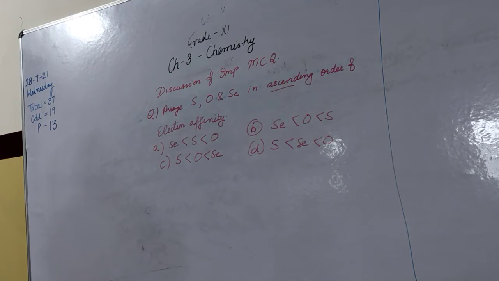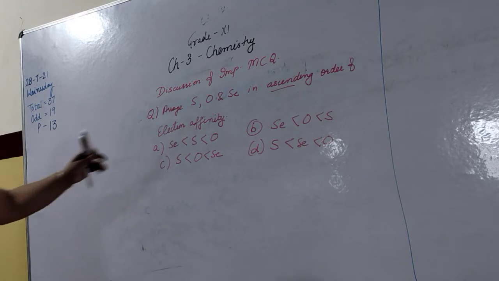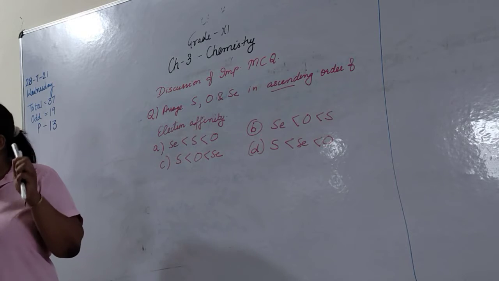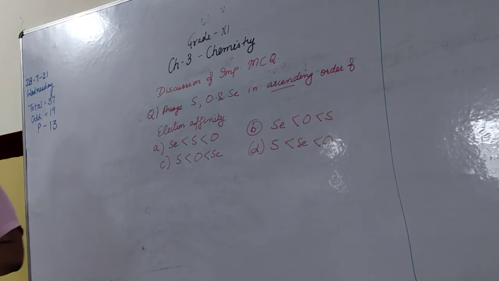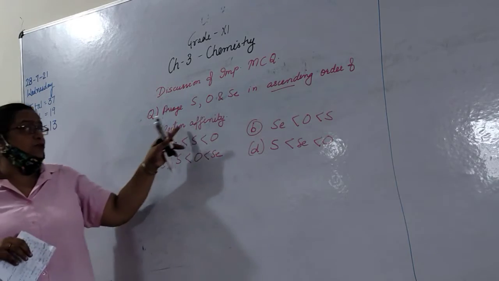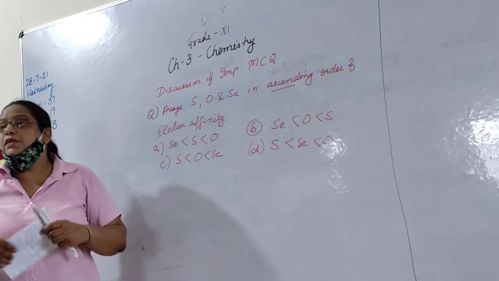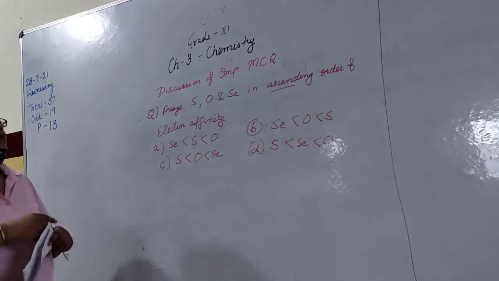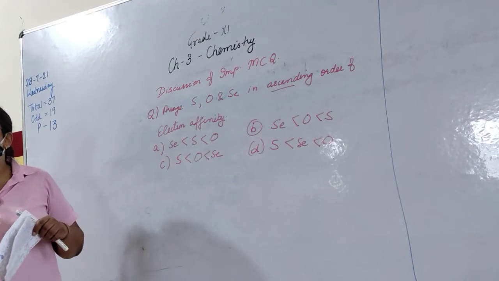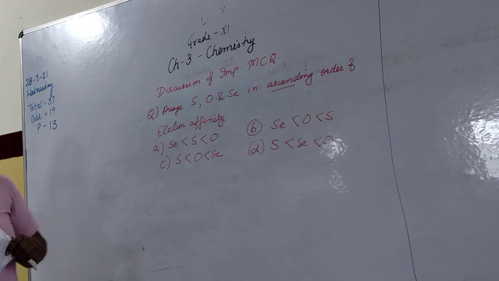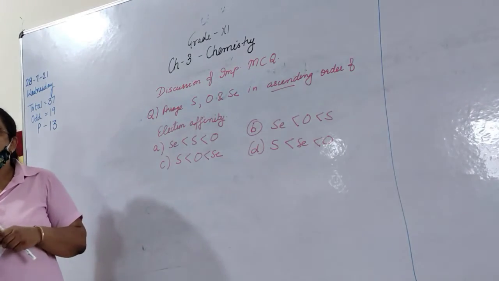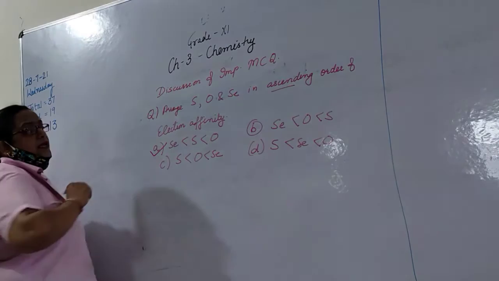Electron affinity and electron gain enthalpy are closely related to each other. Electron affinity has a little bit less magnitude than electron gain enthalpy. But in books we use electron gain enthalpy because it is calculated at zero absolute temperature. You have to arrange in ascending order. Ascending means first write the one whose electron affinity is less, then more, then most. So what will be the correct option? Speak. A. It will be A.